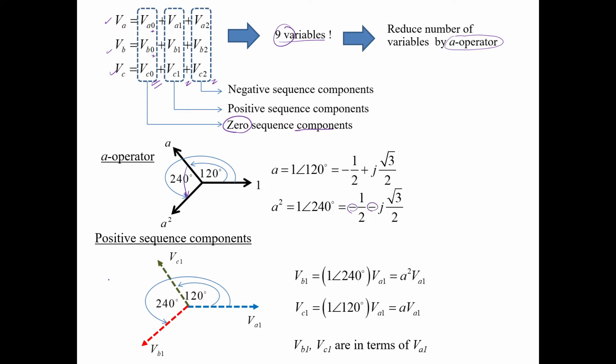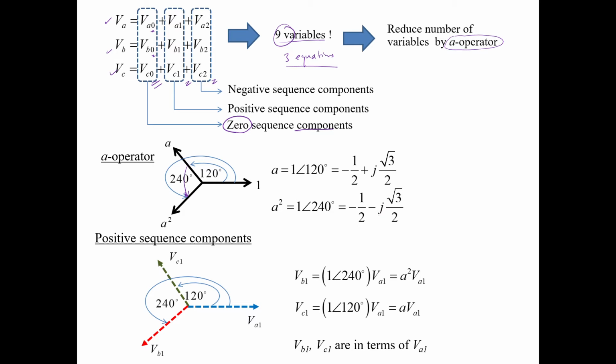Okay, so these are the two operators that we use to transform this equation, right? And then we transform this to reduce the number of equations from 9 to 3, basically, because we have just 3 equations, right? We will transform this equation into 3,